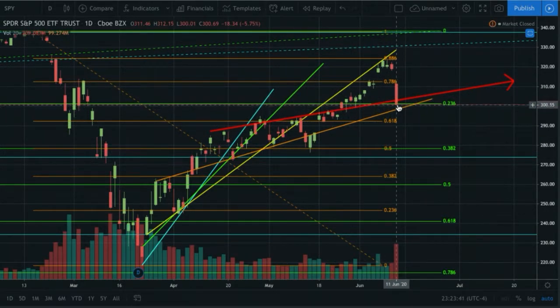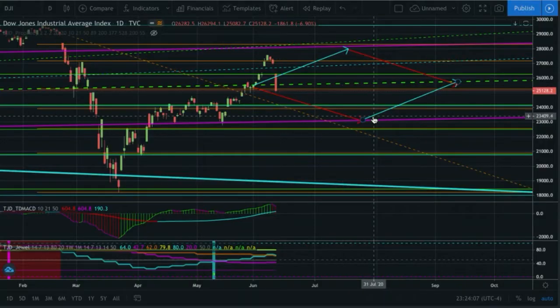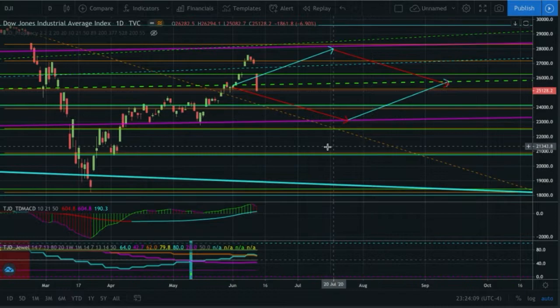also back down to the parabolic trend lines for the retest. So at this point in time, I think we're going to get a bounce back to the upside, and potentially we could get back up here and fill the gap all the way at like 317 or whatever, but I think it's less likely that people are going to keep falling for the same trap again. I think it's very obvious that this was essentially just a massive short squeeze, a lot of retail FOMO. And then again, same exact thing with the Dow.